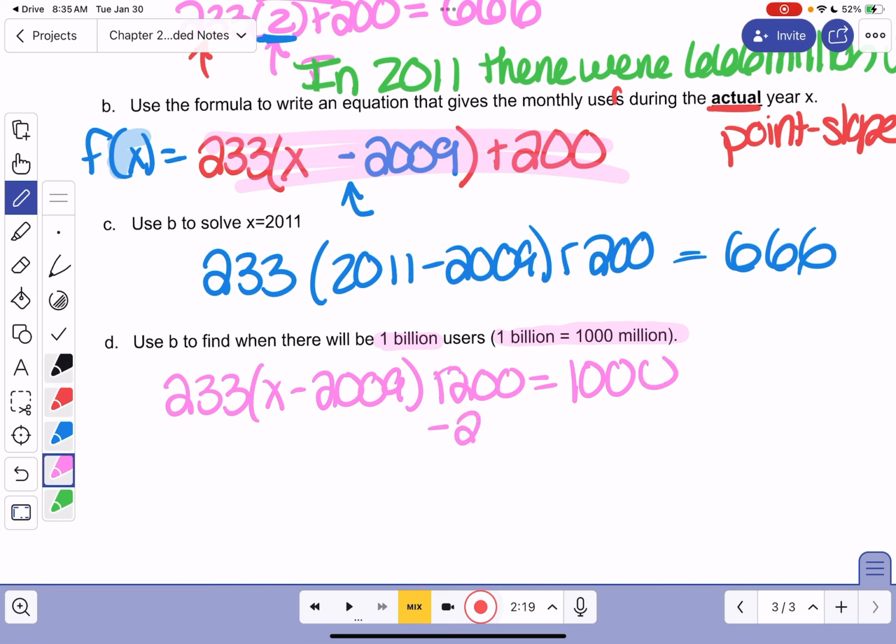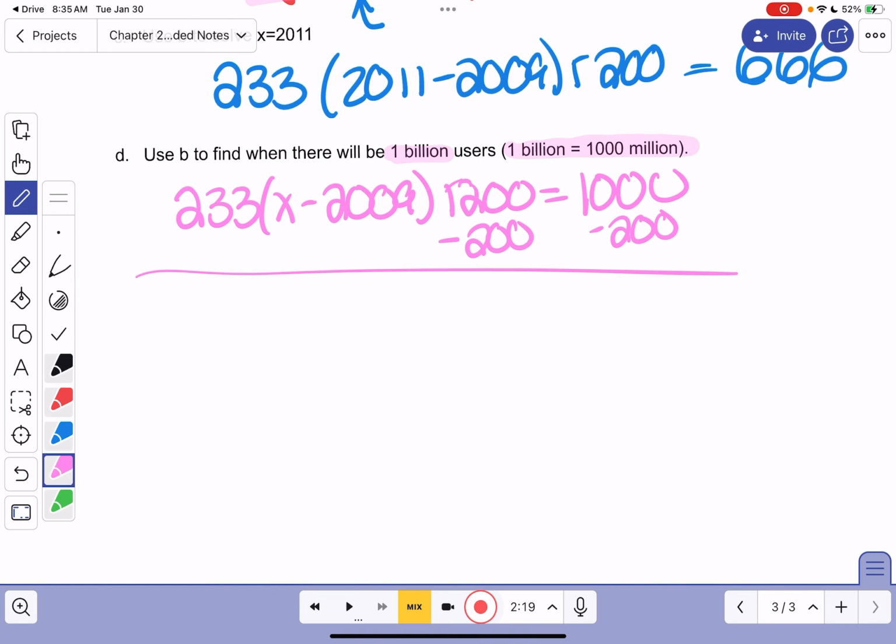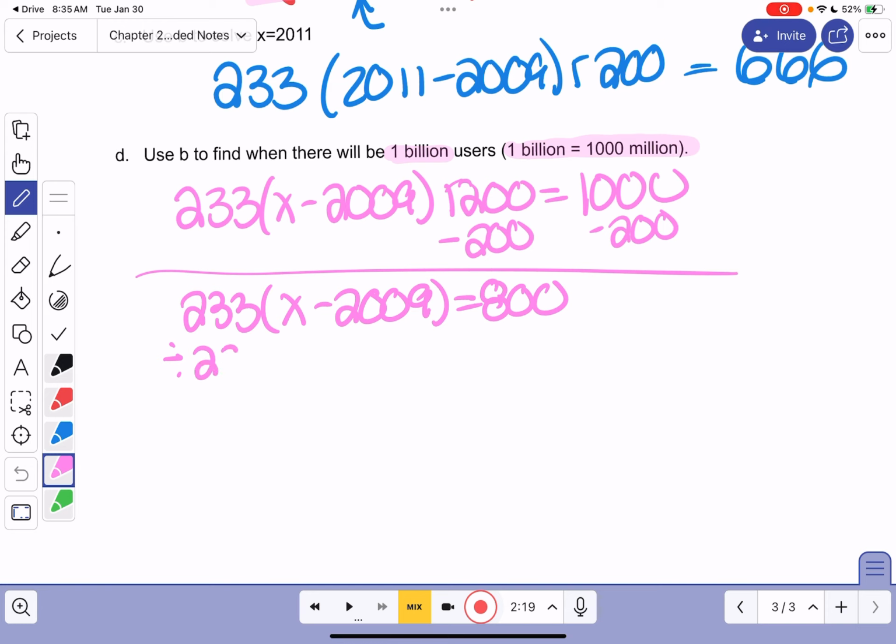So we solve this just like any other algebraic equation, and we subtract 200 from both sides. Then we would want to divide by 233 to get the parentheses alone,